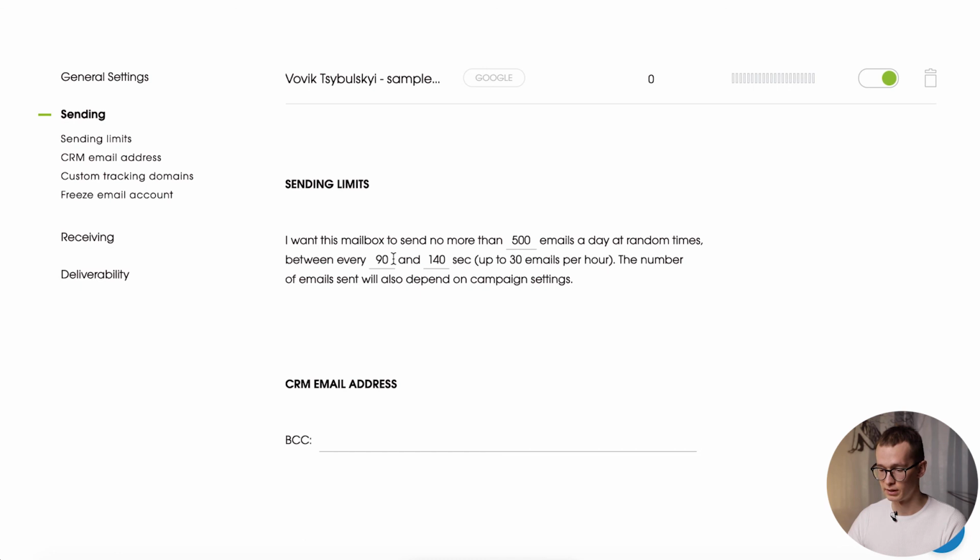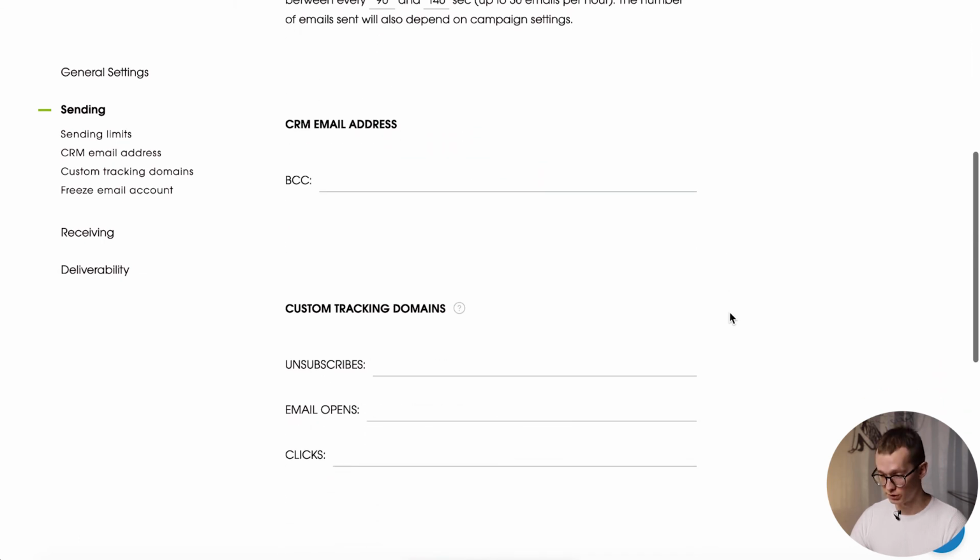Also, the sending frequency. As I mentioned, Woodpecker sends around 30 emails per hour, but here you will be able to increase the sending frequency. From our experience, the one that you have here is the most optimal, and we recommend to leave it like it is. Of course, you can set a BCC to your CRM, and depending on how the BCC feature works in your CRM, you will be able to, for example, forward